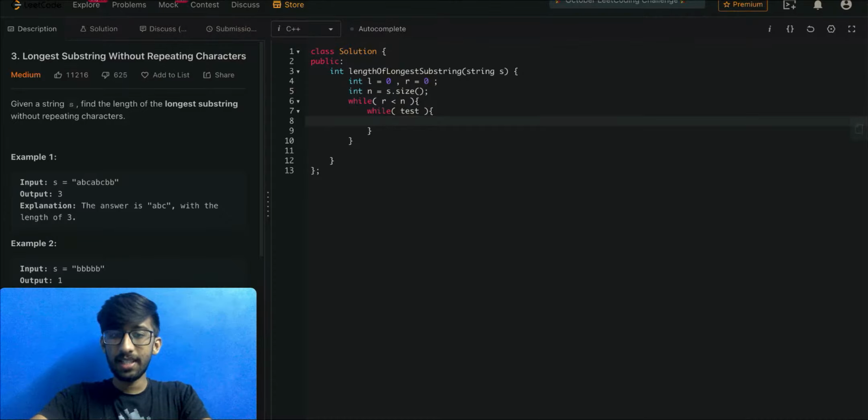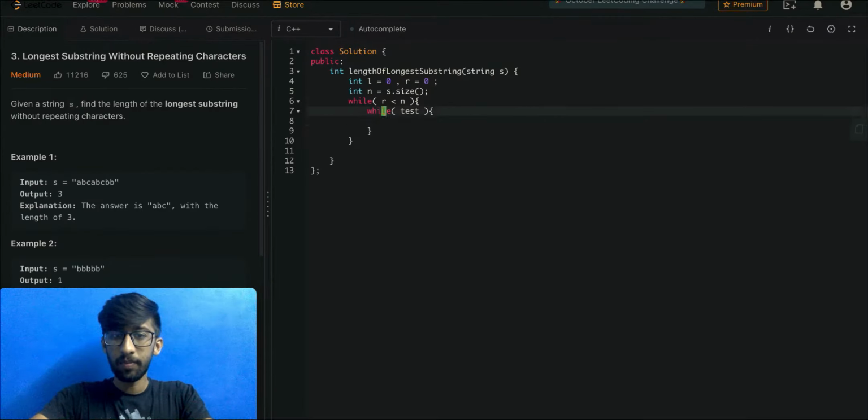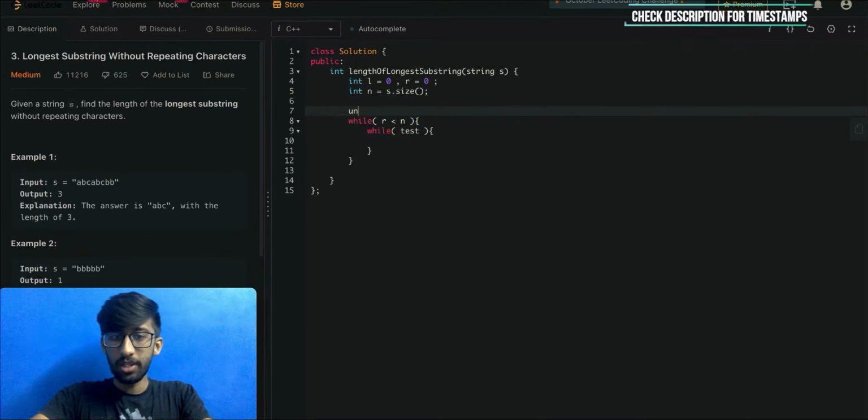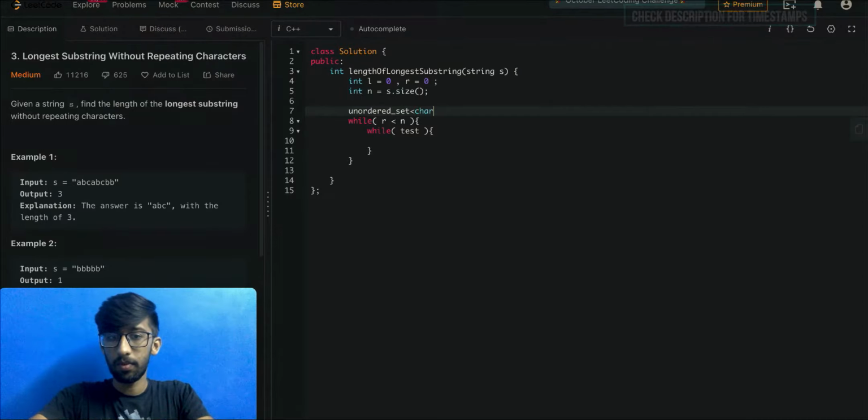Okay, but here the test condition requires that the window does not contain duplicates, which can be represented using an intermediate memory called an unordered set, memory. The test condition is that it should not contain duplicates. That is,